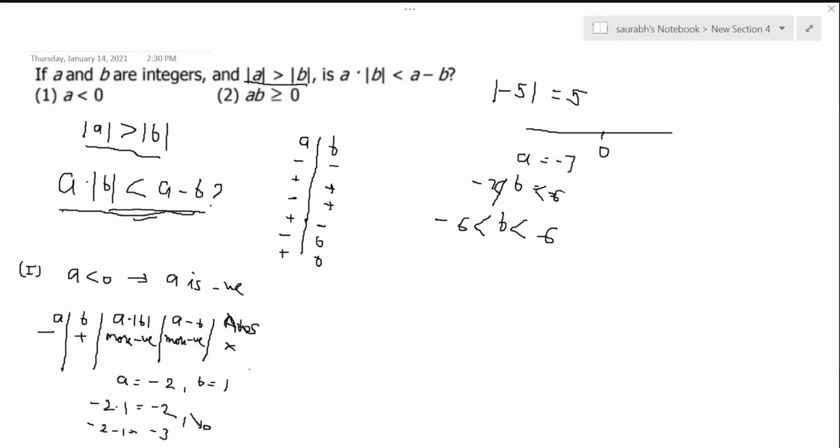Can you get a yes? Yeah, I can make it minus 4 in the first scenario. Okay, you want to make A as minus 4? Yeah. And B? We can retain it as 1, right? All right. So now what would be the value of A into B, minus 4 into 1? No, it won't help. Can I have B as 2, perhaps?